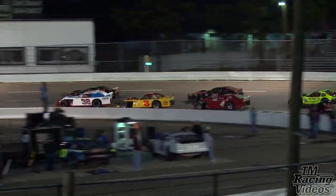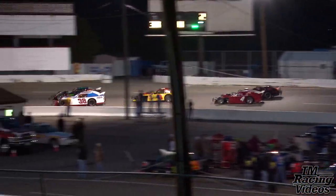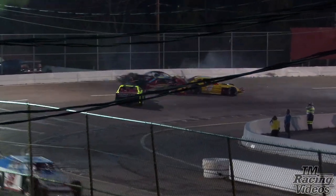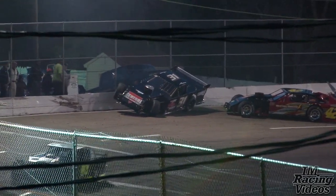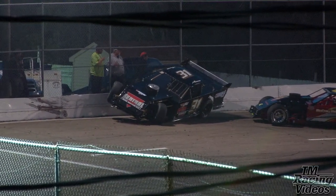Michael Johnson side by side with the 19 of Kyle Wood. Then you got Mike Rudy back there in 3rd. Here comes Thomas Stenson battling with Rusty Wood as they go into turn 4. And Ryan Wilborn and Chris Hallman. And it looks like the 31 of Austin Dodge gets into it. DJ Watson also involved. And the caution flag is out yet again here at Southside as Austin Dodge's number 31